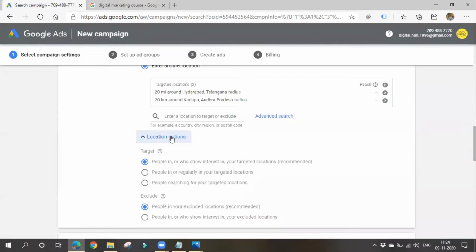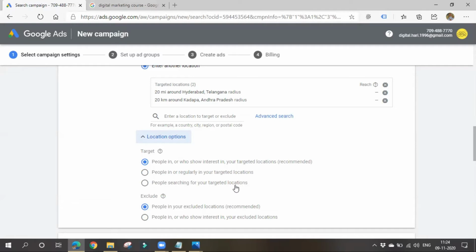Location options. This is somewhat important: whom you want to show your ad to. People searching for your targeted locations means if you want to show your ad to people who are searching for your business, then you can choose this option. Then your ad will be shown only to people who are searching for your business.